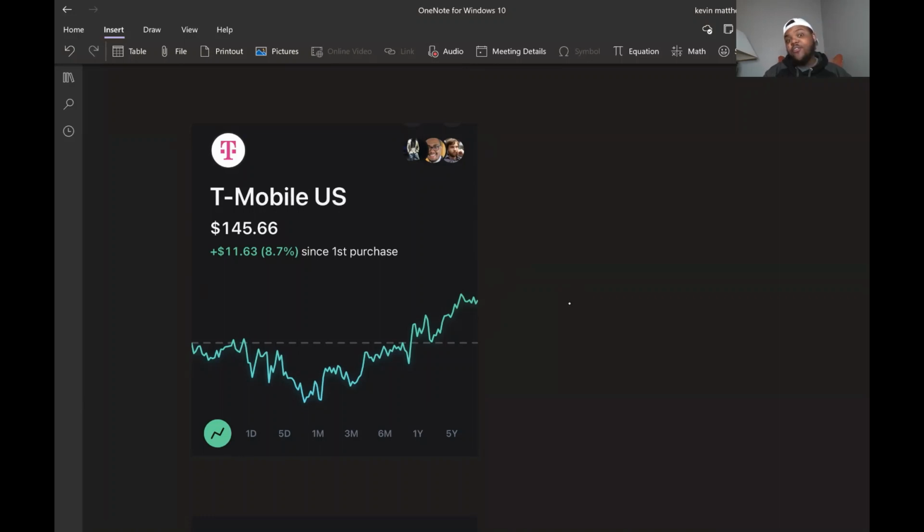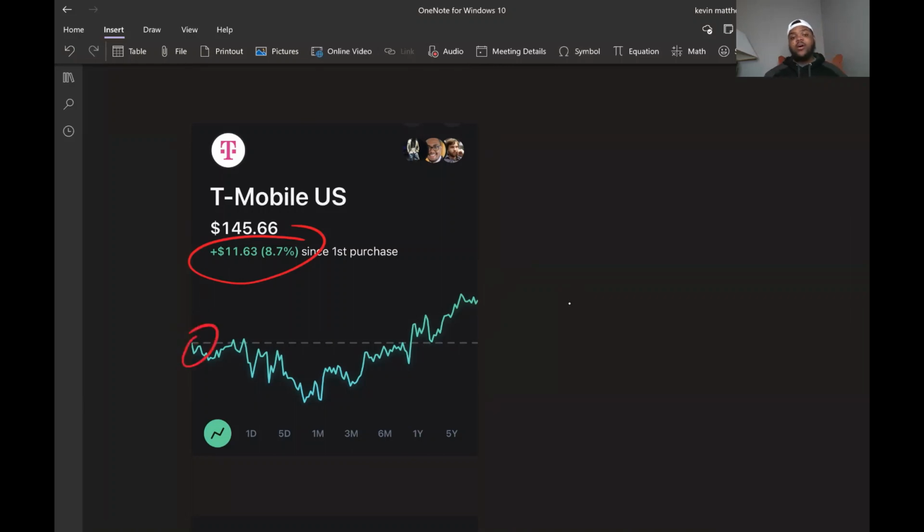I've been talking on the Flavor podcast that I cannot wait to get rid of T-Mobile because it fooled me. I didn't think that was the company that I thought it was going to be 6 months ago, but things are changing here too. You can start to see right around this area, this is when T-Mobile started to take off. So again, that patience pays off, right? So you can see right here, since the first time I purchased, which is right about here, 6 months ago, let me just circle that because that's ugly.